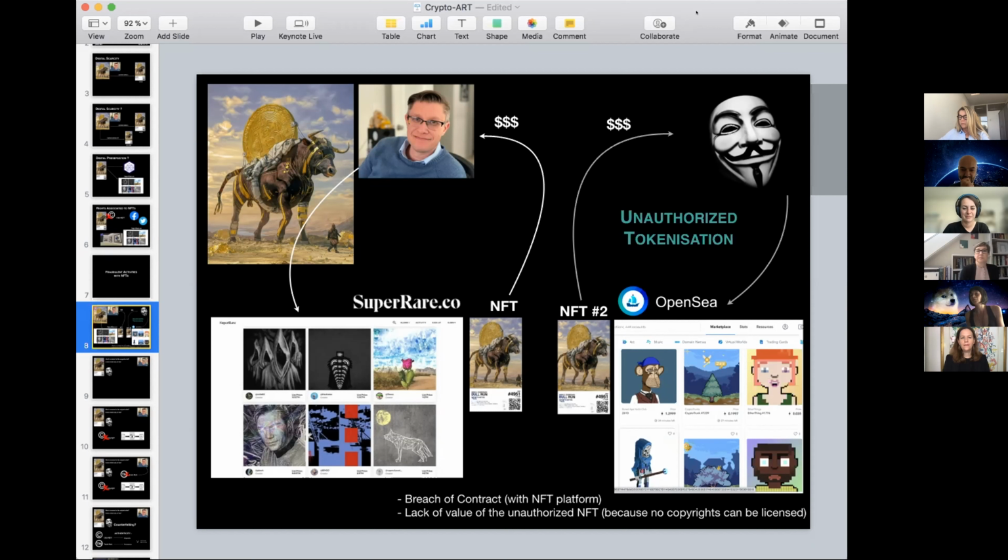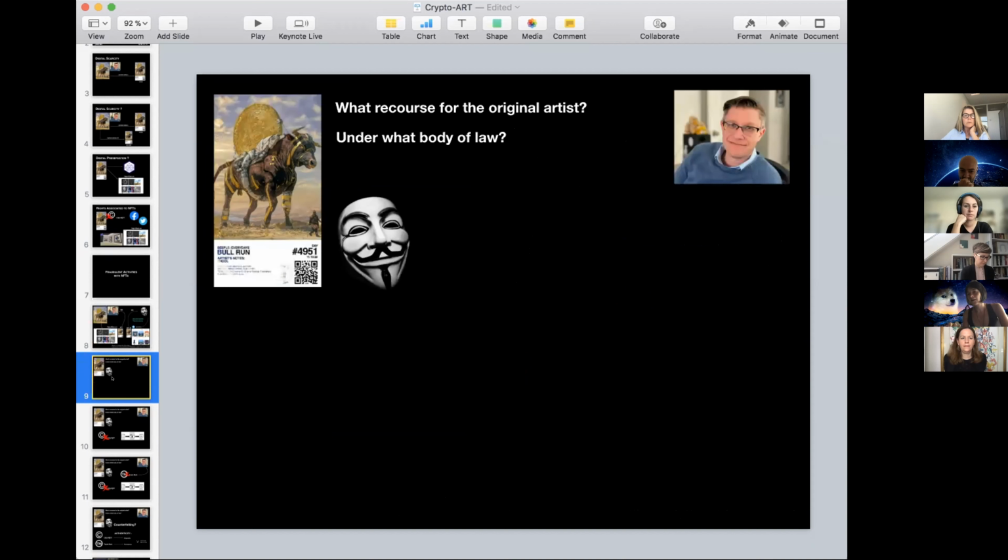And also potentially, or at least arguably, these NFTs, if people are aware that this has not been done by the original owner of the copyright in the digital work, will actually have little value, because those rights that will be licensed and that will enable the display of the artwork in my own online social media and so forth will not be legitimate. Of course, that third party could not license those rights on behalf of the copyright owner. But the question is, if this is done anyhow, what type of recourse does the original artist have against this third party,